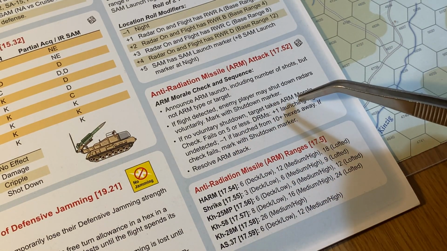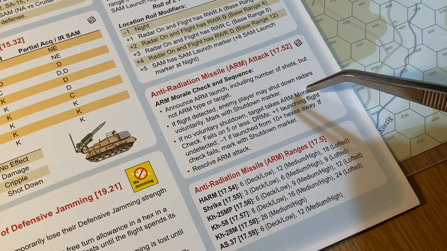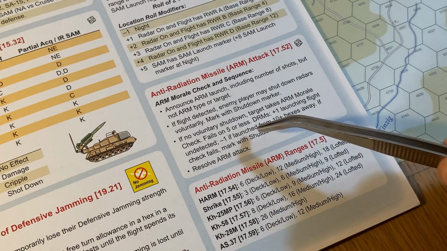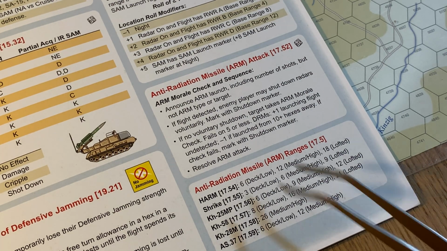Right. So there's no voluntary shutdown because the bot won't do that. So it's going to take an ARM morale check. Fails on a 5 or less. DRMs: +1 launching flight undetected. Oh, you know what? They detected him. We would have got that +1. -1 if it's launched from 10 hexes away. No. If check fails, mark with a shutdown marker, and then that means we do not resolve the ARM attack because